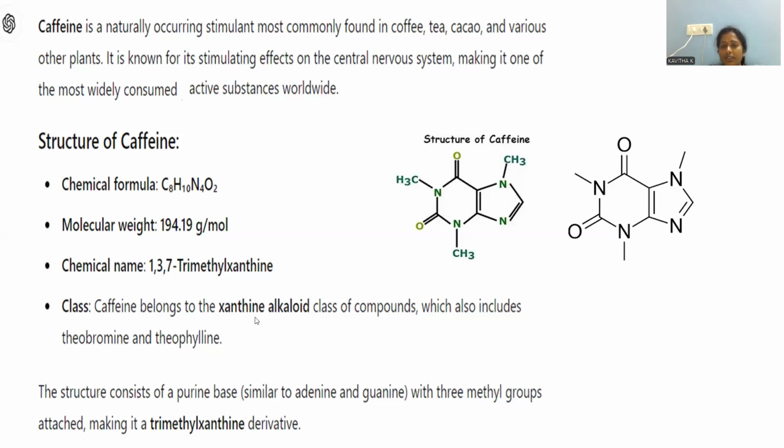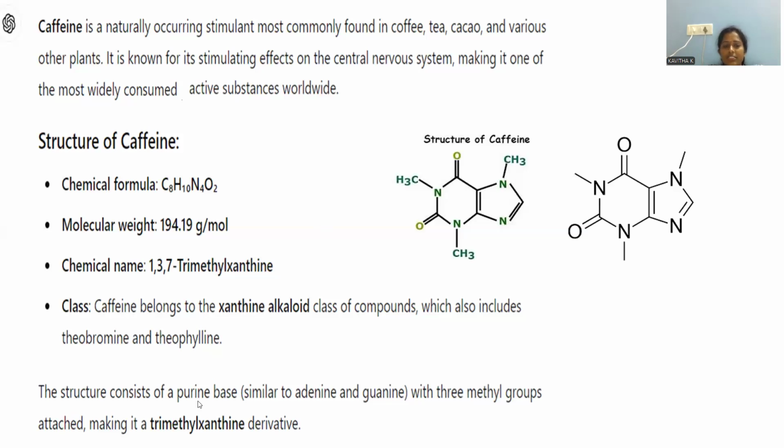So alkaloids are of different classes. Quinoline alkaloids, isoquinoline alkaloids, piperidine alkaloids, and this is the way xanthine. Caffeine is part of what? The xanthine alkaloid class, which also includes theobromine and theophylline. These two alkaloids are also composed of xanthine. Okay, xanthine is present in caffeine. At the same time, theobromine and theophylline also resemble this xanthine skeletal moiety.